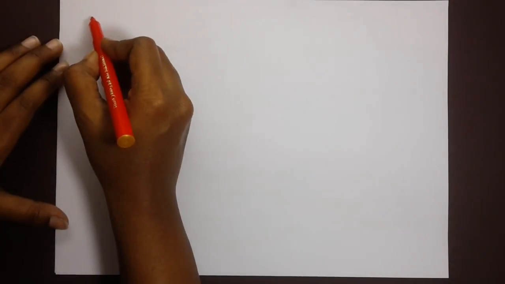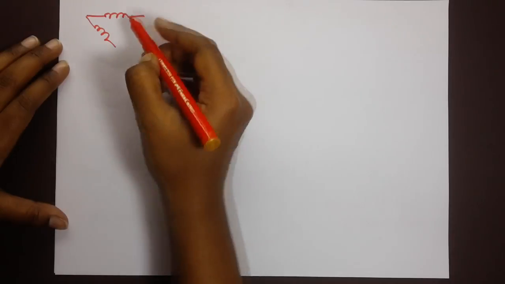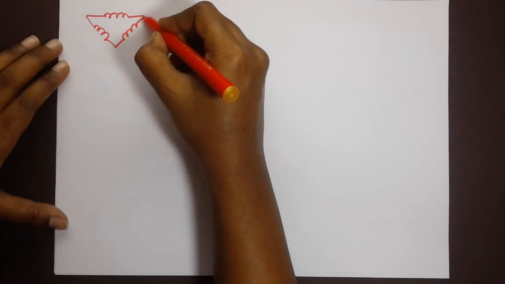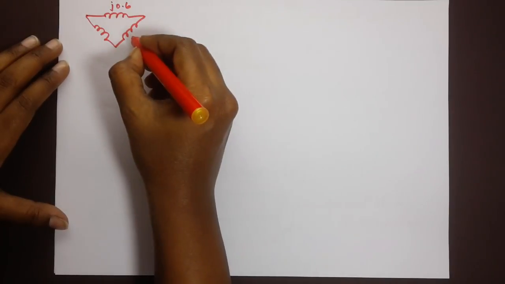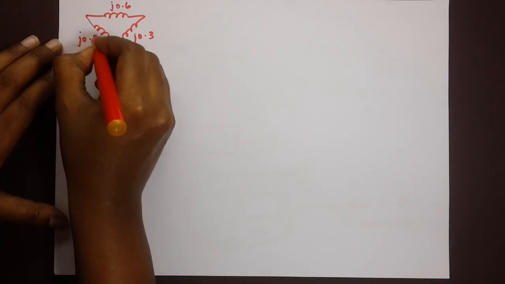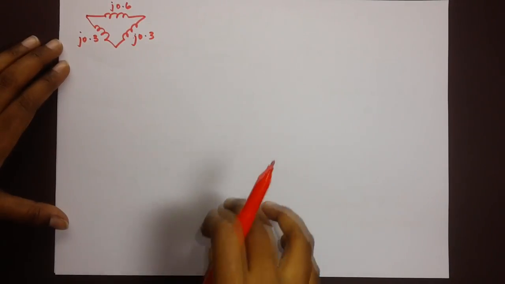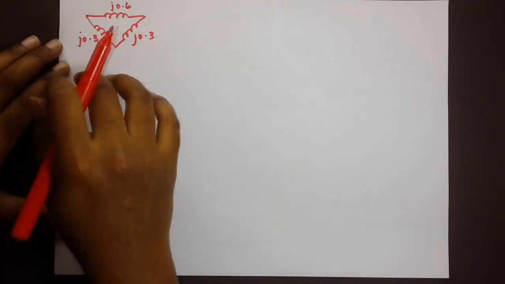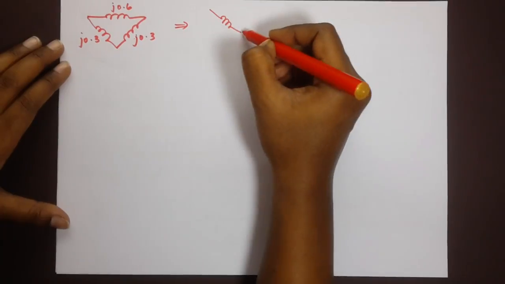So I'm going to note this down in the general delta shape. Okay, so we have 0.6, we have 0.3, we have 0.3. So this is the general delta shape. I've just taken only the part that we need to convert, and we need to convert this into